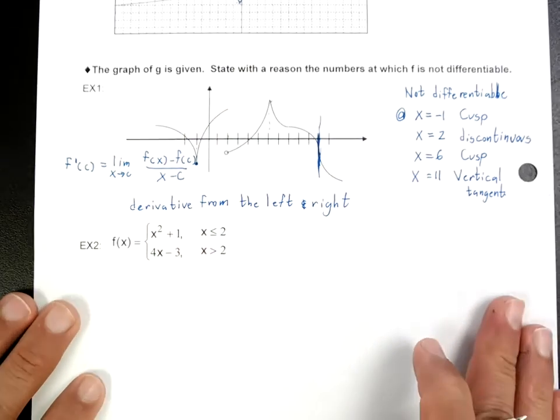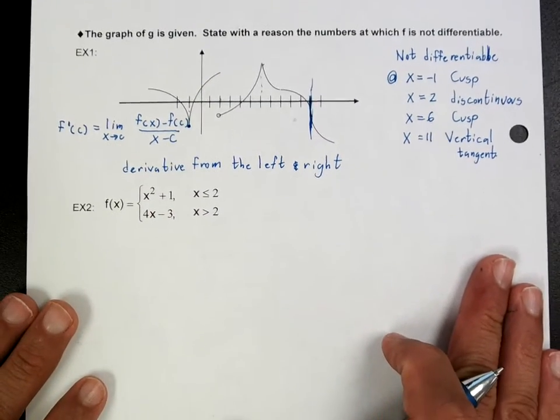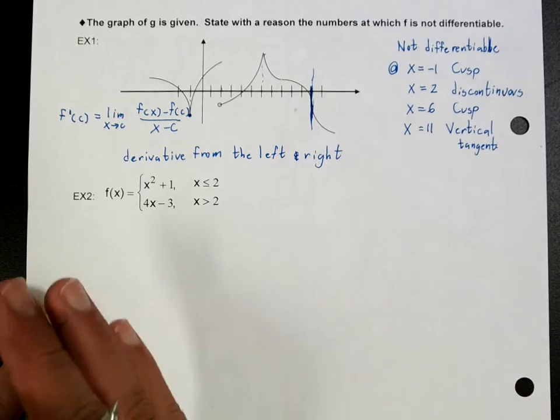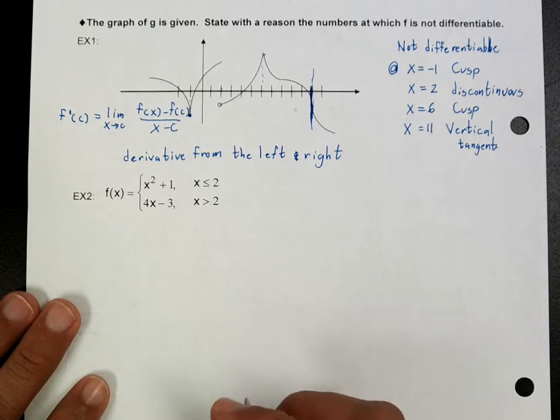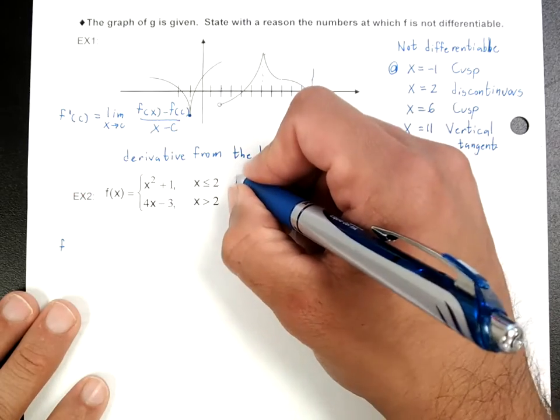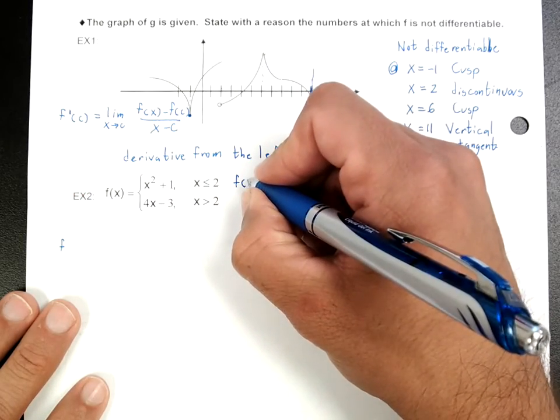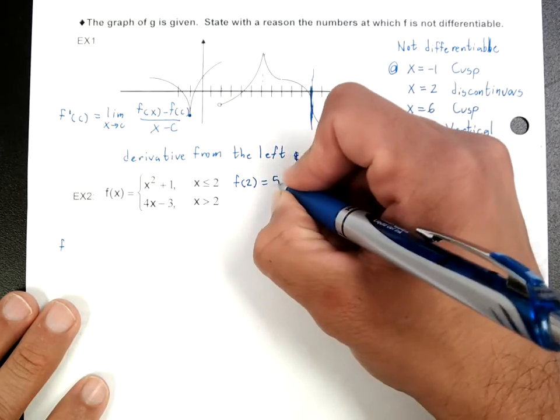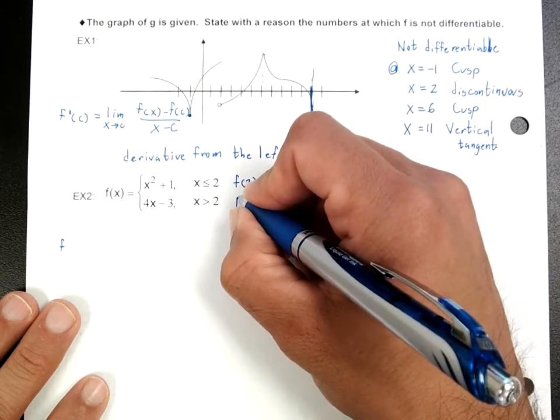All right, so we're going to take the limit from the left and from the right. Now this is the same thing as taking the derivative from the left and from the right. Okay, so right now we're going to take the limit. Well, let's first find something out. Okay, so we have f of 2, we're going to need that point eventually, and f of 2